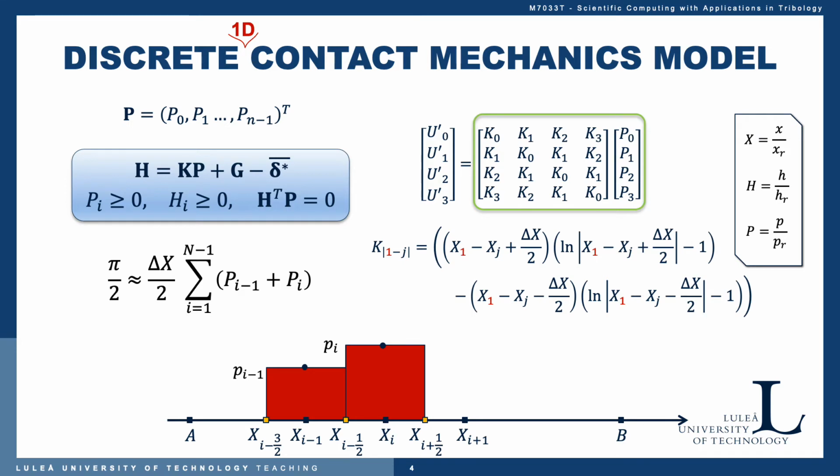And then we have the discrete representation of the force balance equation just below here. And we know also that we can compute the auxiliary part of this deformation as K times P in matrix